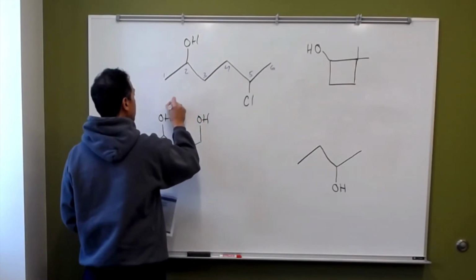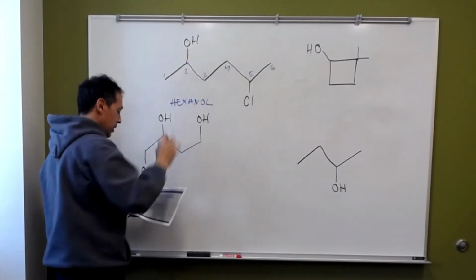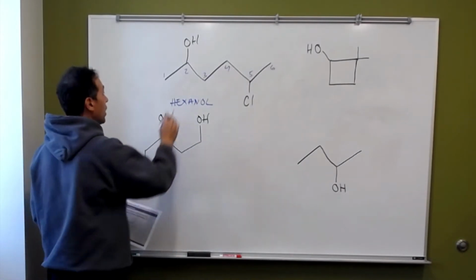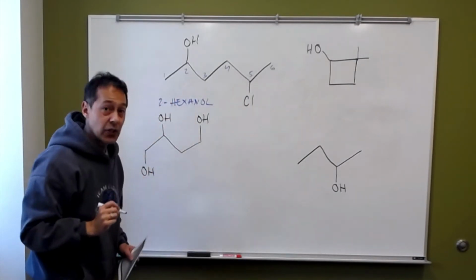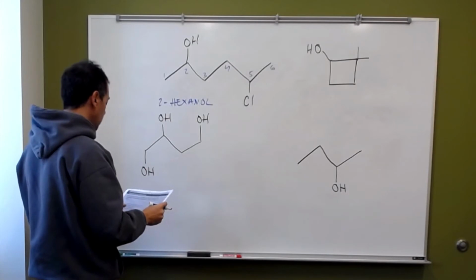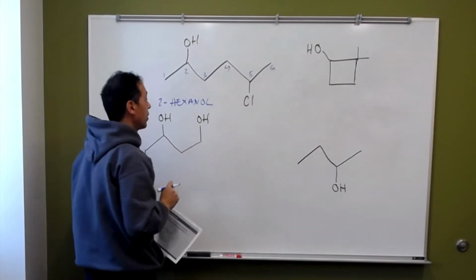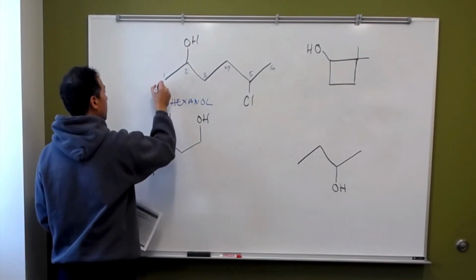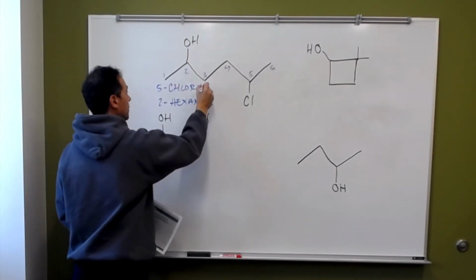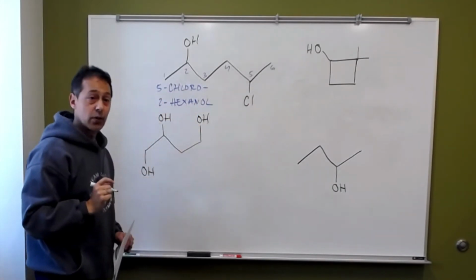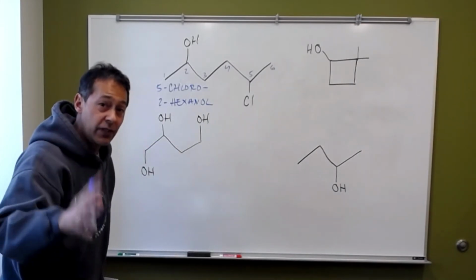So I'm going to go hex and OL, hexanol, okay? And we need to show where that alcohol is on here. And that alcohol is coming off of the second carbon. So I'm going to go 2-hexanol. And we also need to show then what else is on this. So we also have this chlorine over here off of the 5th carbon atom. And so we're going to say 5-chloro-2-hexanol. All right, now this would be a good spot for you to pause the video and see if